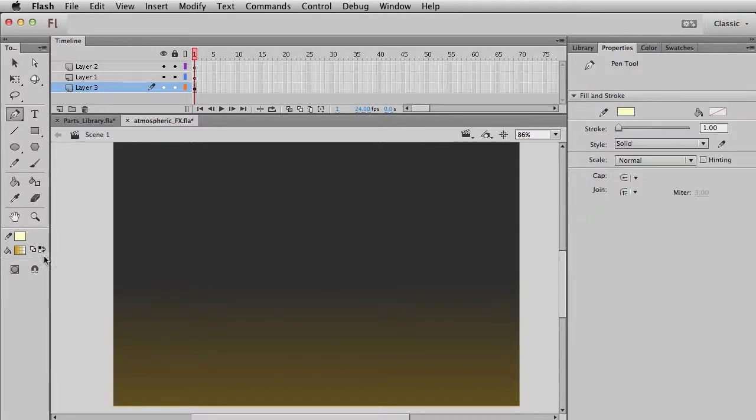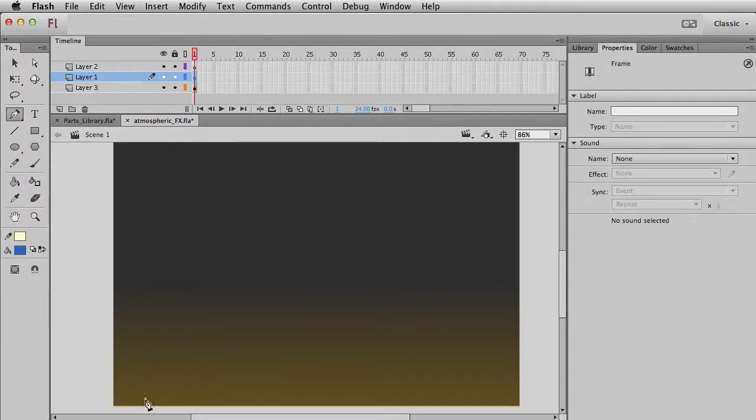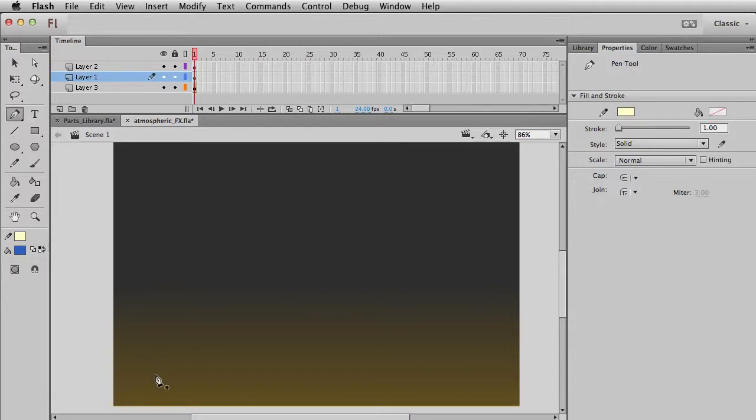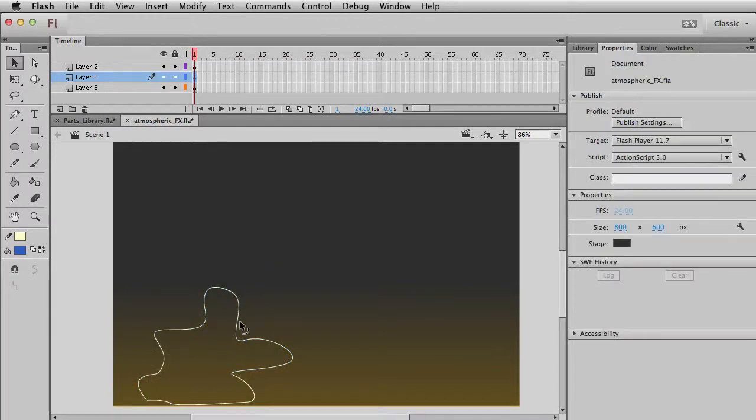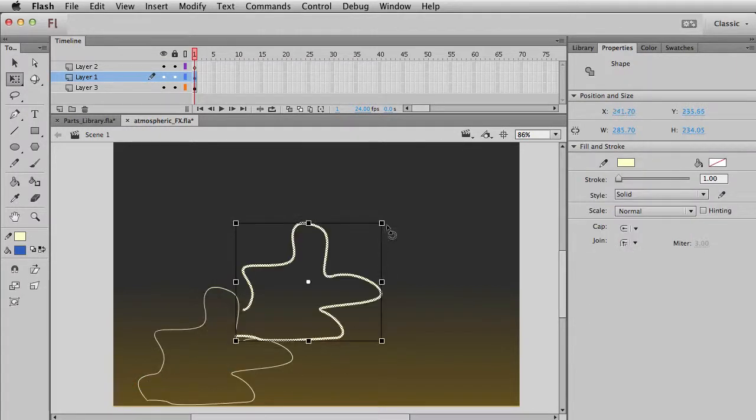So what you can also do is, let's go ahead and grab, I'll take the gradient off for right now, and I'll just work with this blue color. And I'm just going to grab the pen tool over here and just kind of make some sort of wavy, bendy lines like this. Don't have to overthink it. Really kind of what you're doing is making like a camouflage type pattern here. Alright, so let's just go ahead and